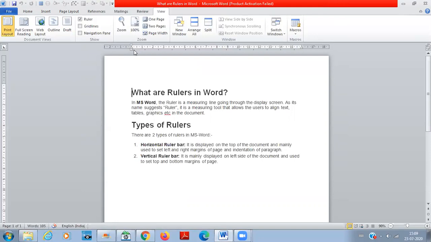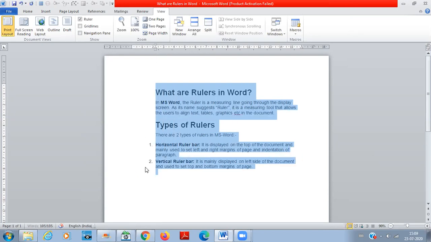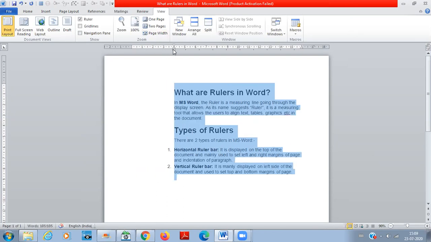If you hover over this, this is the left indent, it means the left margin, right? If I select this and drag this left indent to this side, the left margin of your page increases accordingly, right?